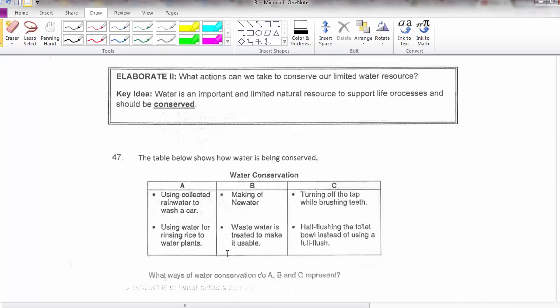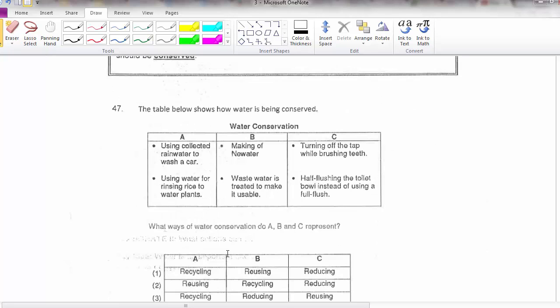Now the next key idea is that water is an important and limited resource to support life, resource processes, and it should be conserved. Okay, so although there's a water cycle, but there is a limit to how much water will come back down, and we need to conserve it again, and we will run out of water. So for this